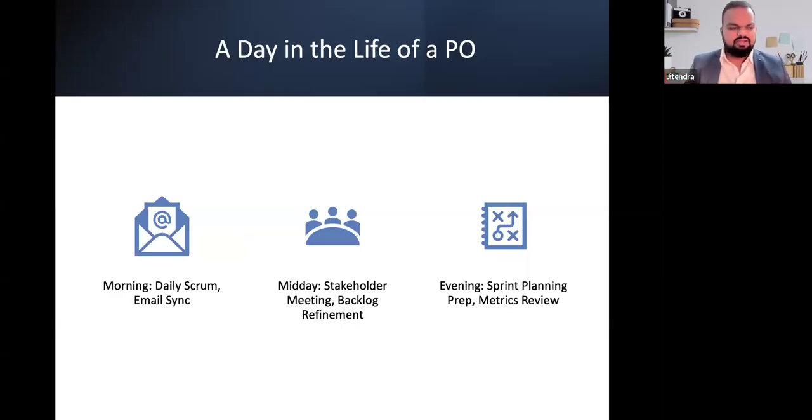So right now, how does the day of a product owner look? A simple aspect: in any job role, first thing first, I start my day by checking the emails. If there is something important from my team or my customer, going through that. There's a daily stand-up scheduled, which you'll be participating in. And then if any specific team members need questions or clarification, you will be working on that. Apart from it, at a high level, you can divide your time into three segments. Number one is team-wise. Number two is stakeholder-wise, the person to whom you are reporting. And the third one is your individual, your own contribution.